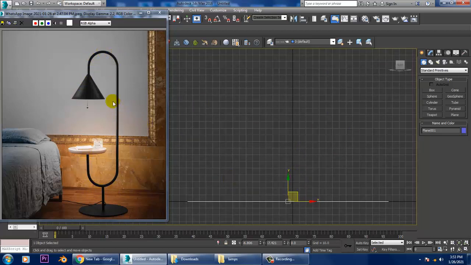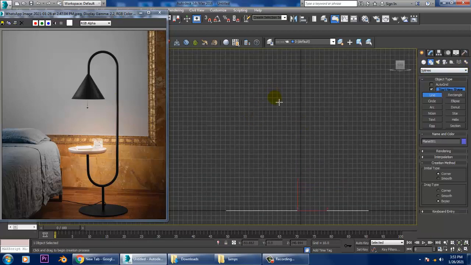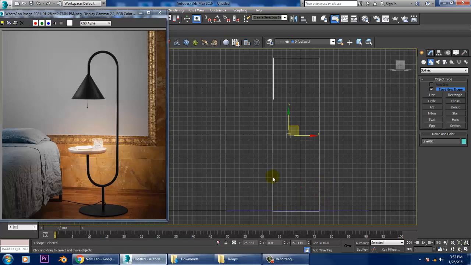When you have such a shape, I can just go into the shapes and take a line over here. Let's go over here in this way.